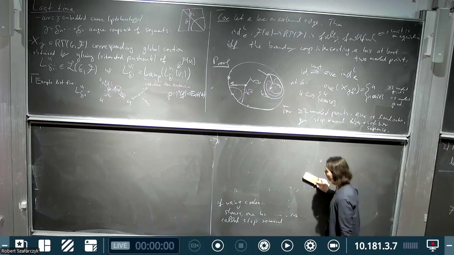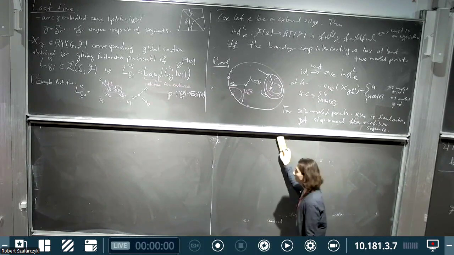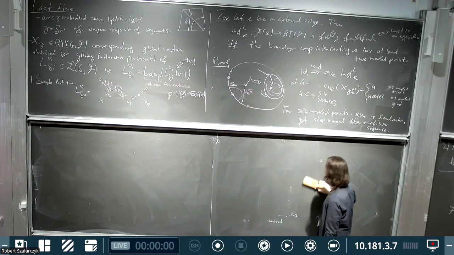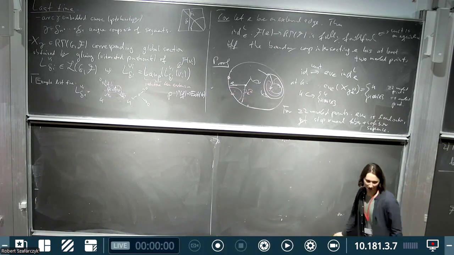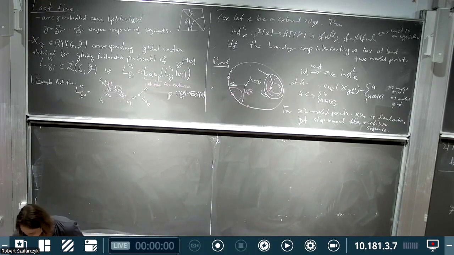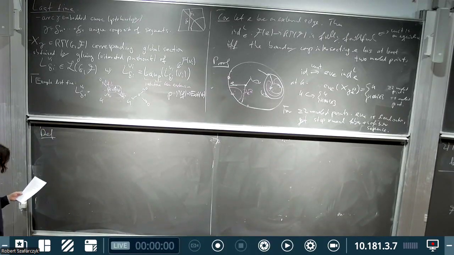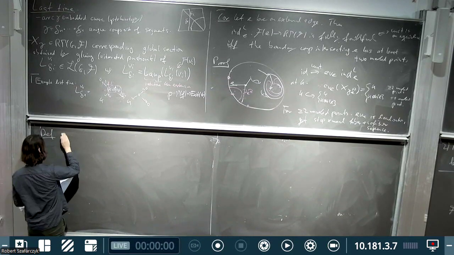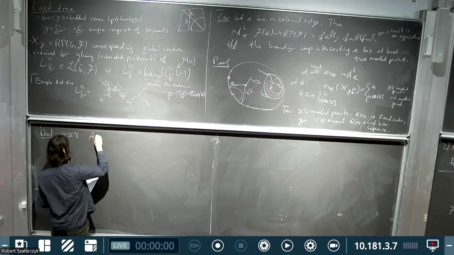So our constructible sheaves of stable infinity categories, they are Schobers. And then what is perverse? Well, it has to do with perverse sheaves, but let's not get into this in 15 minutes. So maybe I'll just give the definition, and then we'll see what this means. Let n be greater or equal than 2. A perverse Schober